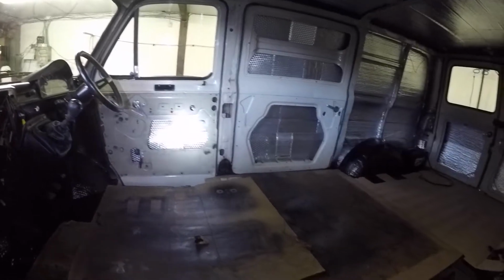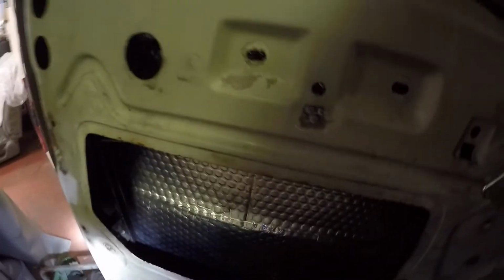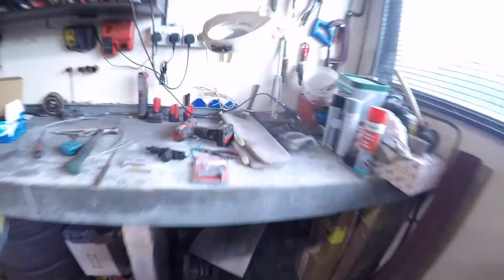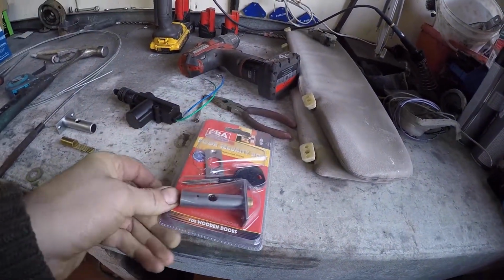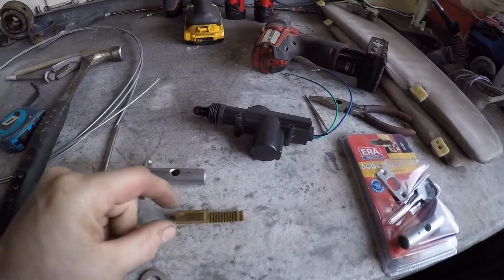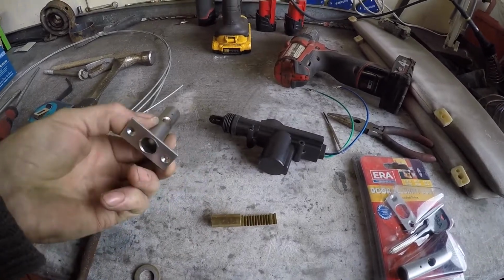So I want to make some electronic deadlocks for in here. I was going to put something down the back of the door pillar here, but it might take too much room. So what I'm going to do is put it in the side of the door here, and I'm just going to use a solenoid and a bolt. I've got some of these little bolt locks that you get for houses, and I've taken one apart. I don't like that, I can't really do anything with that, it's too flimsy. So I can use that,